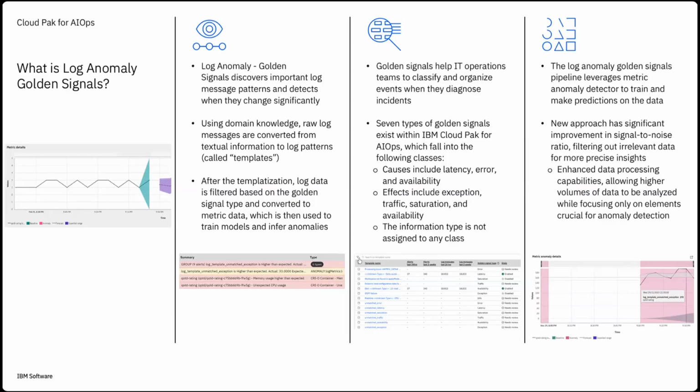Moreover, because it's leveraging the metric anomaly detection pipeline, there is continuous learning through both the log anomaly and metric anomaly pipelines. Users are enabled to add, customize, delete templates as they see fit. The golden signals algorithm can recognize all the elements that the previous natural language approaches were able to. And there's also a lower training data threshold. So before it was a 3.5 days minimum, before it was a few weeks long, now it's a 2.5 day minimum with a 7-day recommended. And because it's leveraging the metric anomaly detection algorithm, there's better support for mixed data, including subnormal data. The reality of any IT environment is your data can be imperfect, so golden signals is much better equipped to